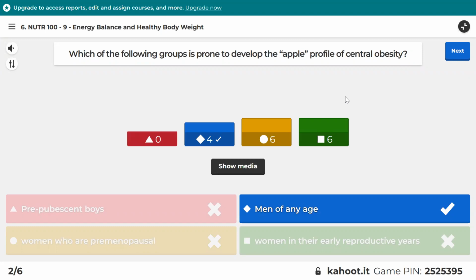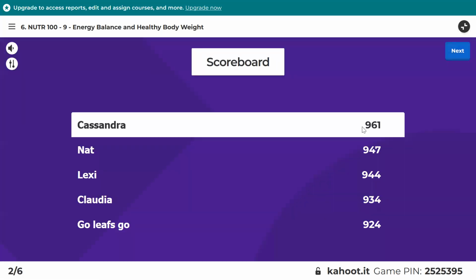And you can see that there's a lot of guys in their 20s and 30s that kind of have a gut. Women at any age who have it are less likely; they're likely to develop it more typically after menopause. And so there's many women who are pear-shaped that are at a low risk of certain things. And then, when they hit menopause and their body changes shape, their risk level goes up a little bit. Doesn't mean that everybody with the apple shape is at high risk, but there's a correlation because of the visceral fat. So men of any age is the correct answer.